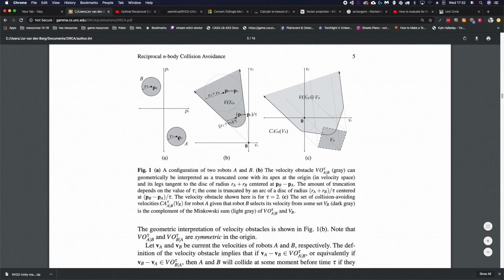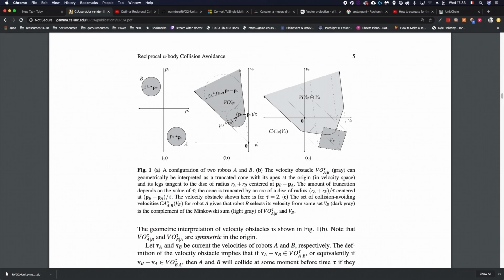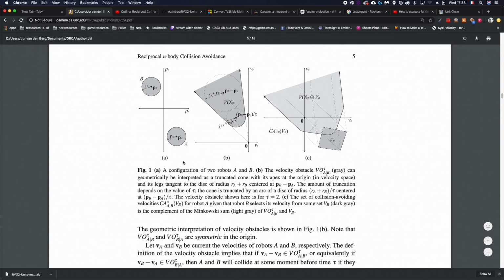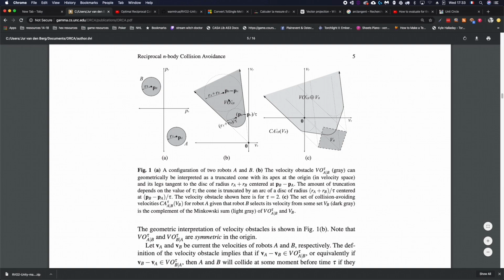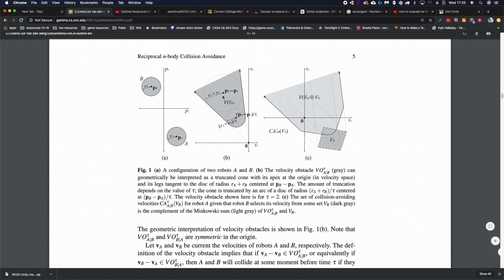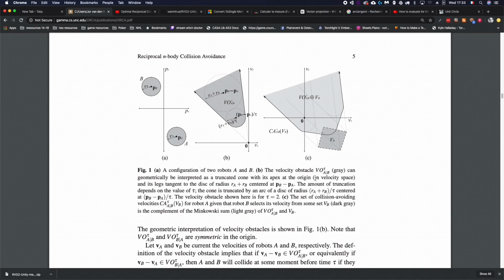And agent A would like to know, hey, what are the velocities I could use that would not result in a collision with another agent? And so let's say B is the only agent in the vicinity. So A is going to say, oh, there's B here. I'd like to know more about him. And so that algorithm is going to do several steps to determine what is called a